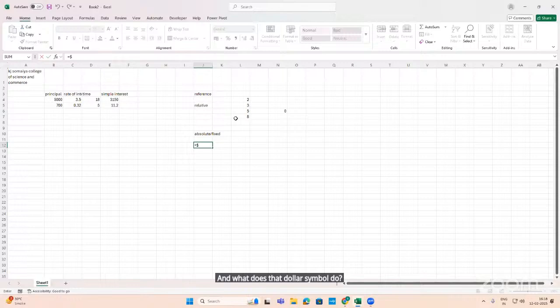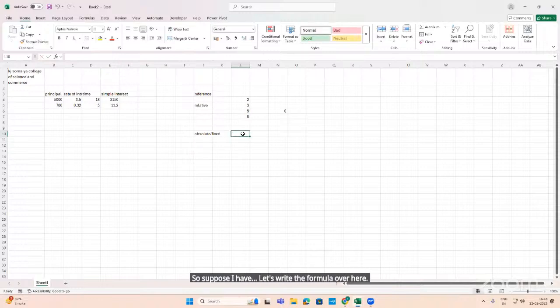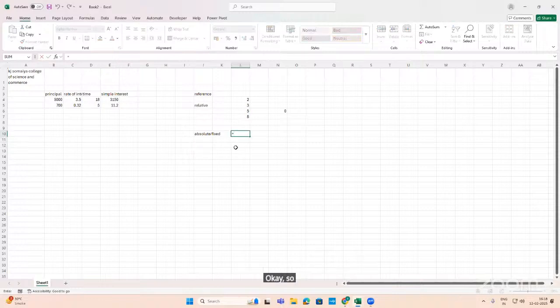It is simply going to fix whatever name you give. So suppose I have, let's write the formula over here. Okay. So I have equal to dollar, this, which is going to be my L4. So I've got L dollar 4, sorry, $4 plus